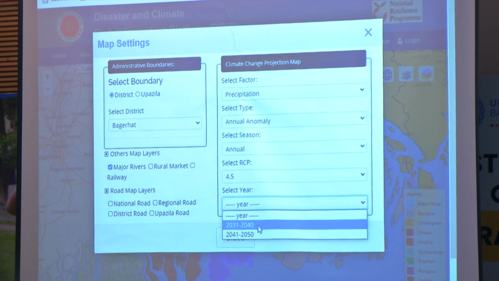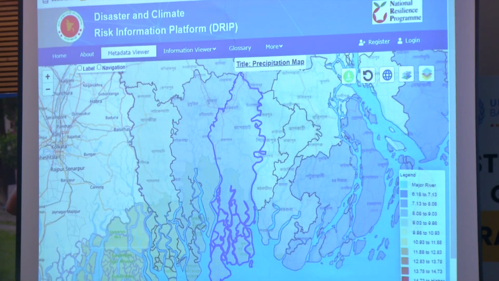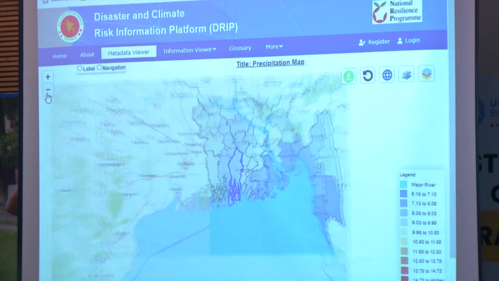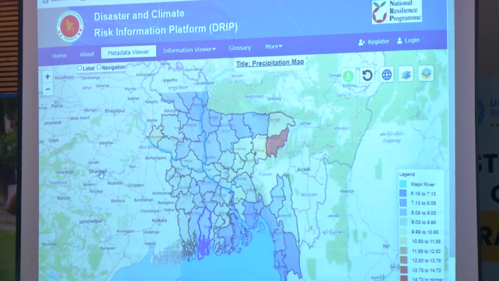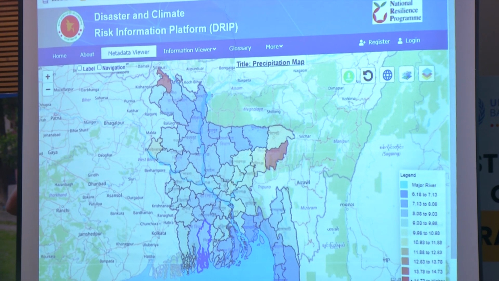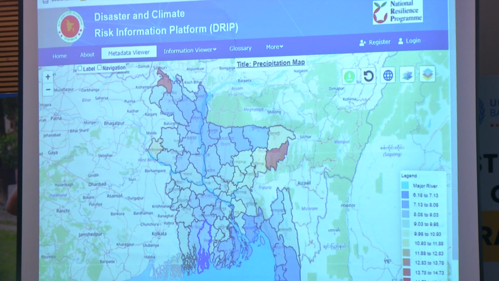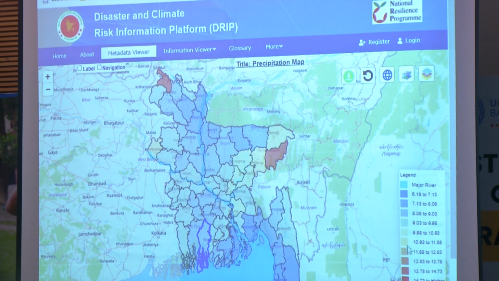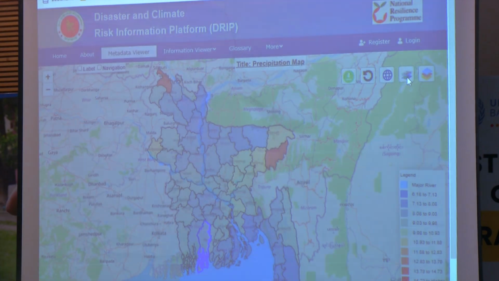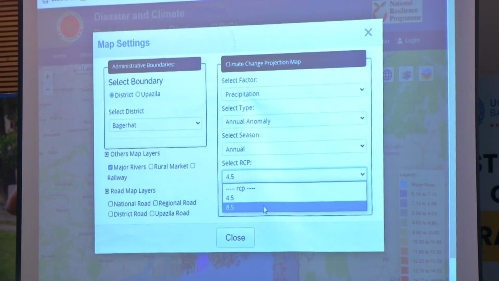here it's 2030 to 2040 and 2040 to 2041. Let's take 2030 to 2040. It shows some information here, and also the legend is here. So based on this average one, what will be the changes? Future changes. What are the future changes by 2030 to 2041? I think extreme level information will give some more.